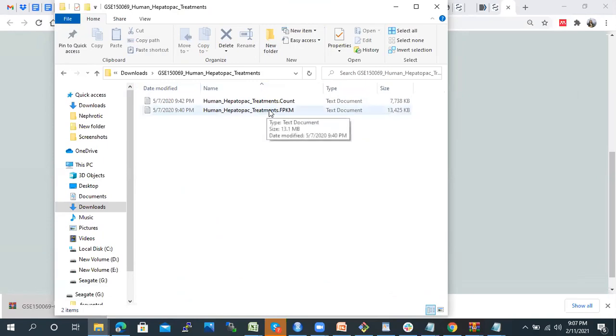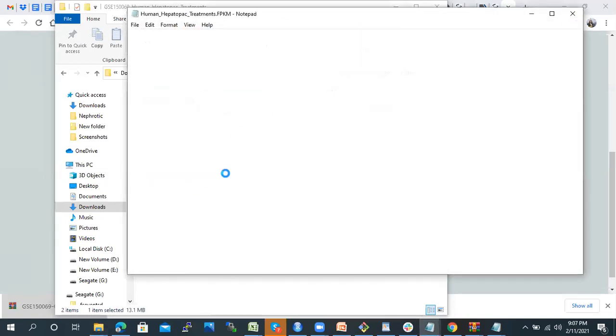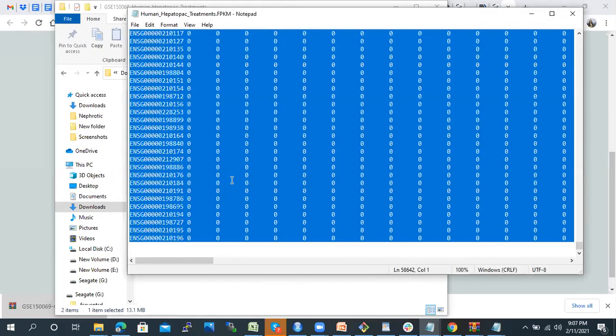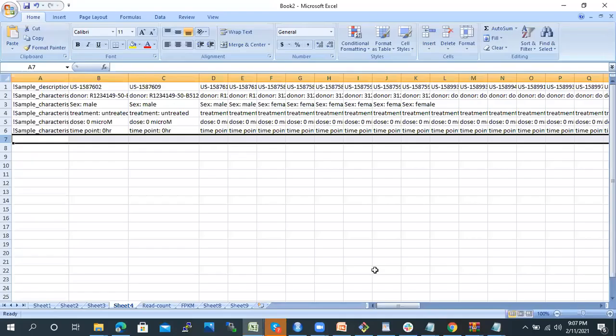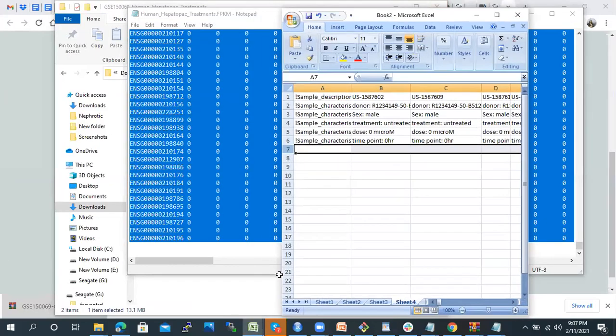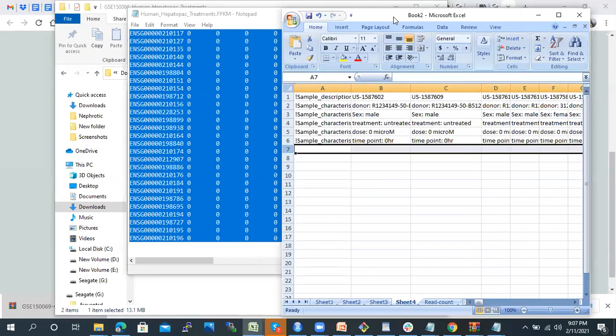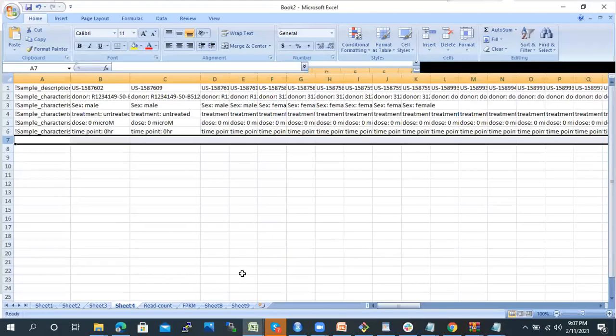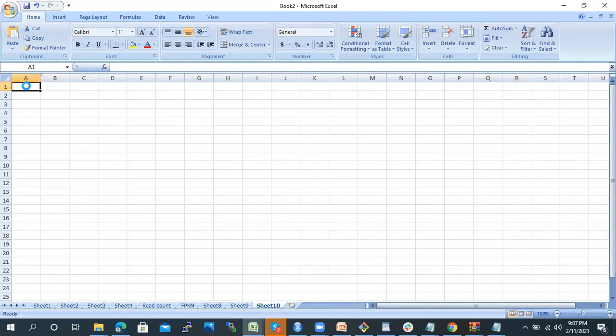Let me paste this data, a TXT file, into Excel. I have taken the FPKM values.